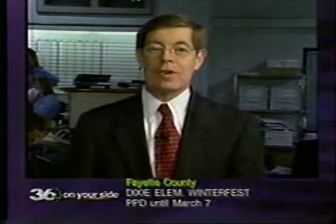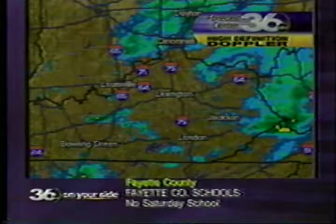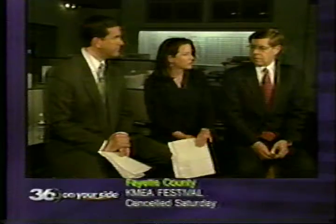Temperatures climbing into the 50s today brought an end to all the icing problems here in central Kentucky. Of course, the cleanup is going to continue. However, there may be some complications. That's in the form of rain. Our high-definition Doppler radar shows light rain over portions of Kentucky. So we could be getting a lot of rain, Brad, and if so, how much is a lot? Well, it depends. Certain areas of Kentucky may receive 1 to 3 inches, so we could